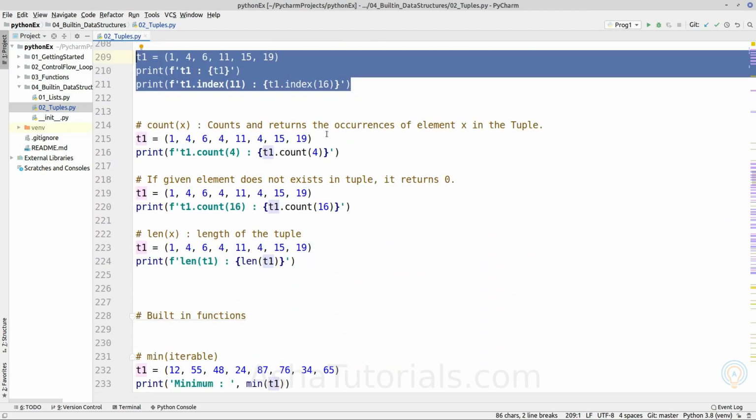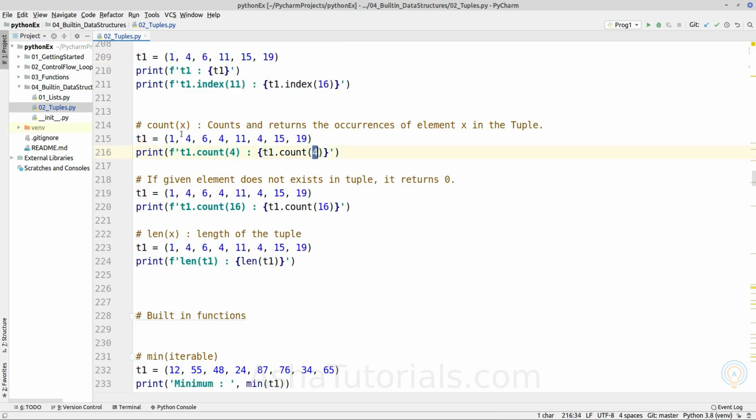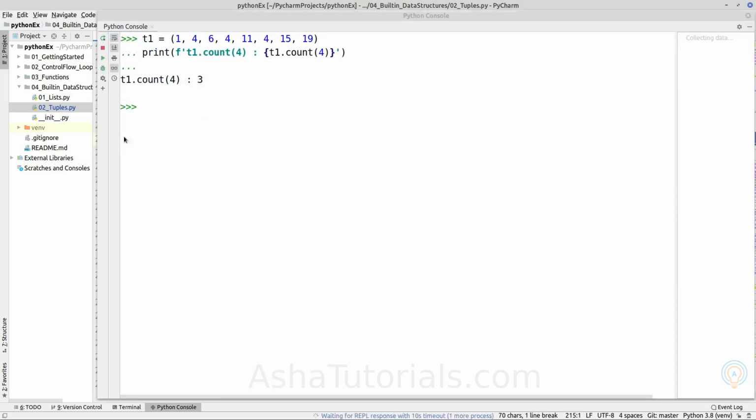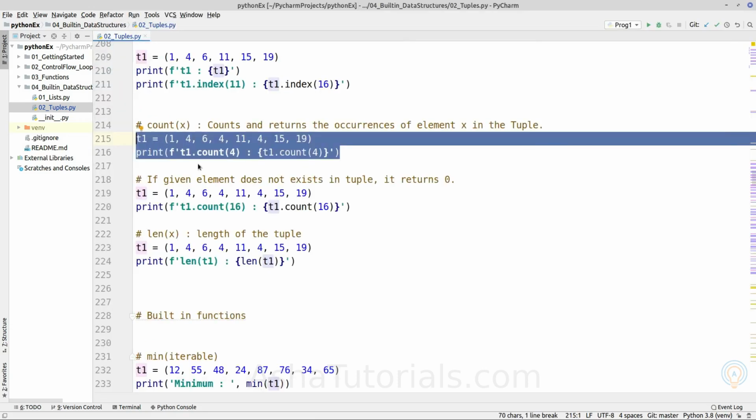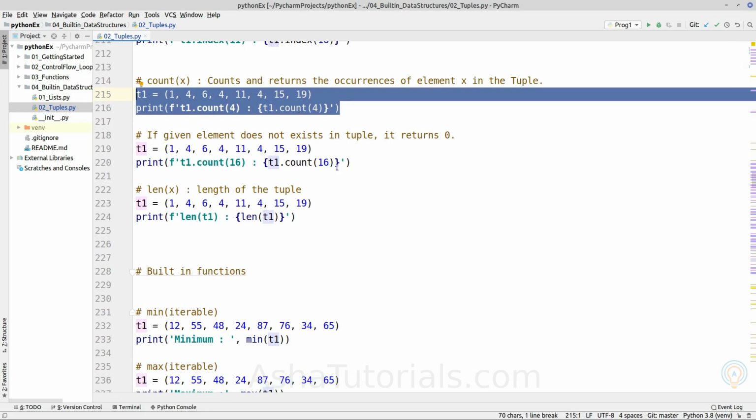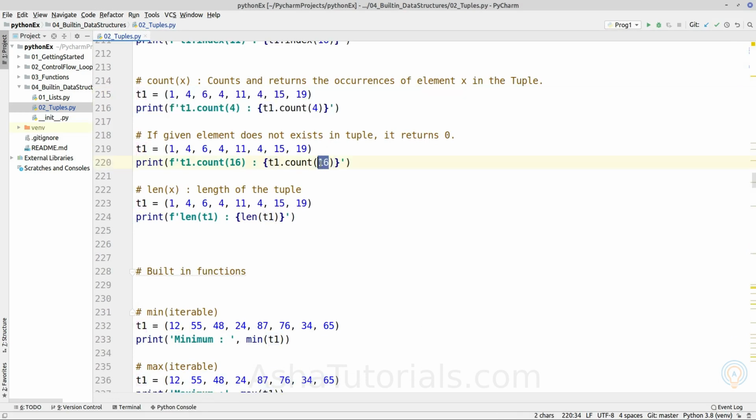Next method is count. It will count the number of occurrences of a given object. So if we are counting the number of occurrences for 4, it will return 3. If the given element does not exist inside the tuple object, it will return 0.